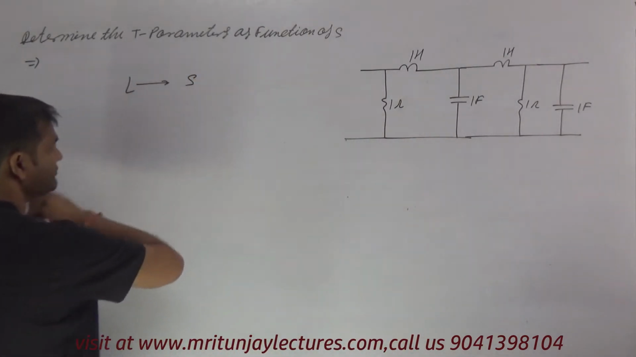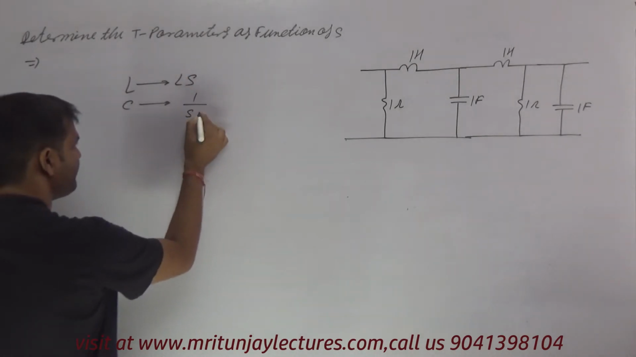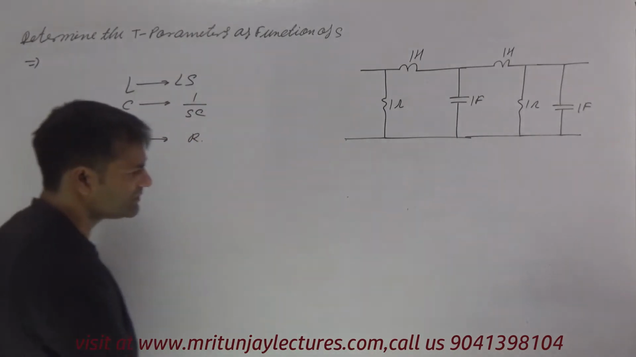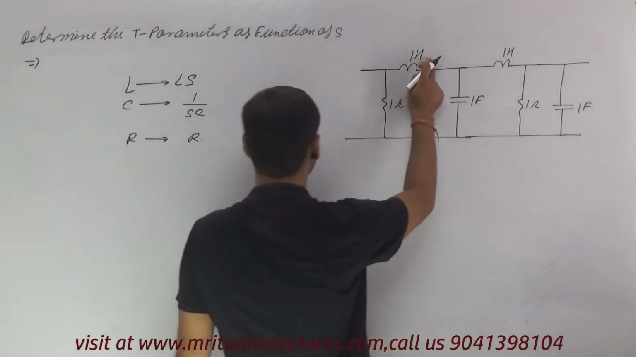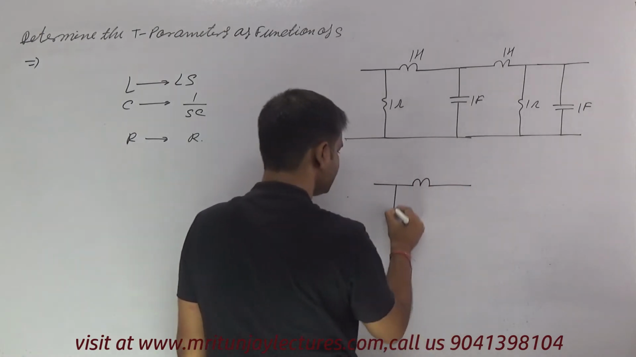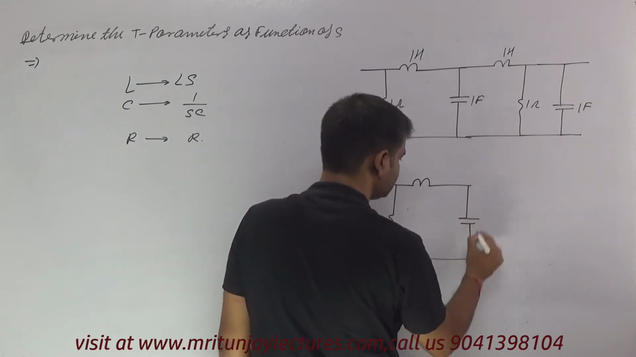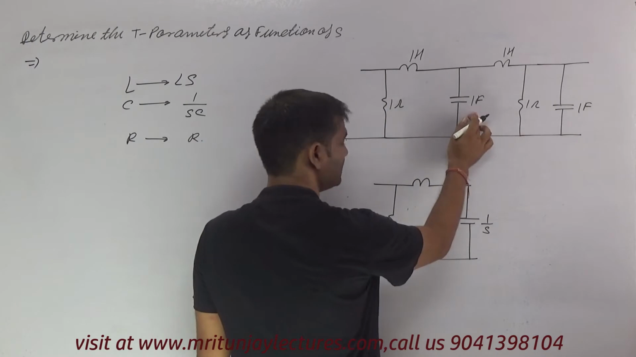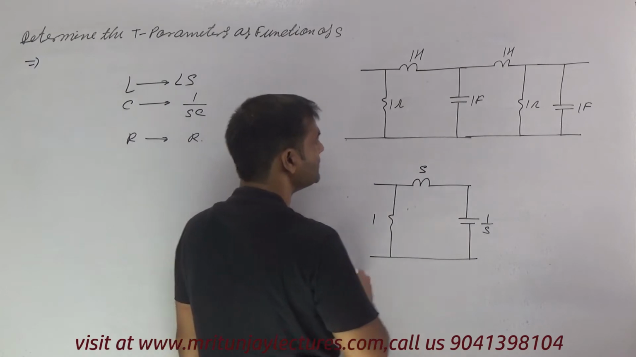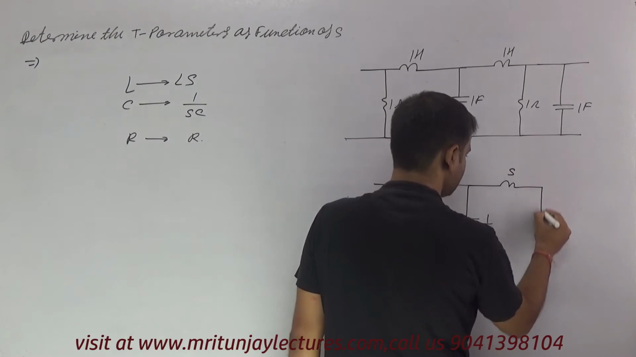is written as S, capacitance is written as 1 by S, and resistance is simply R. Okay, so this is the inductance. Here it is the capacitor, 1 by S, since C is 1, and that is 1 ohm. Okay, here this is the inductor, written S, that is the resistance,